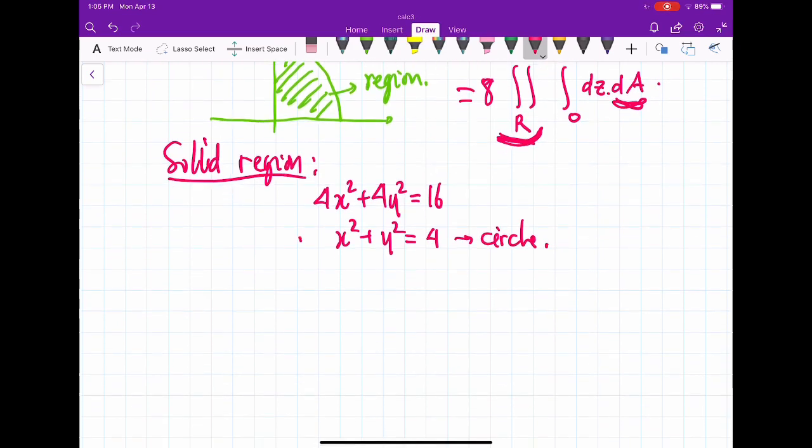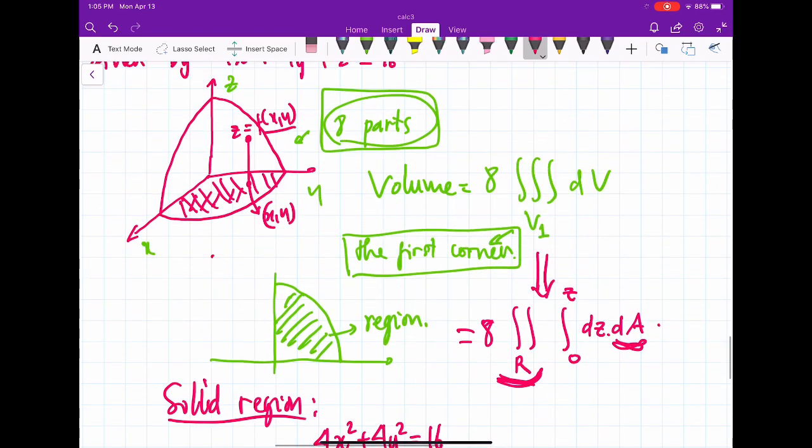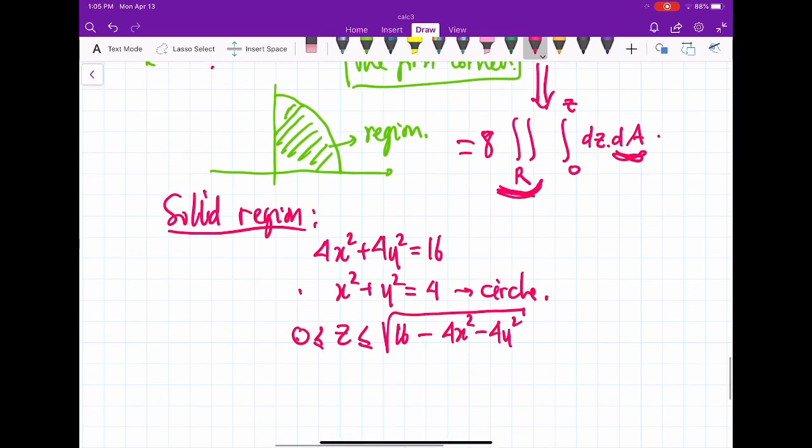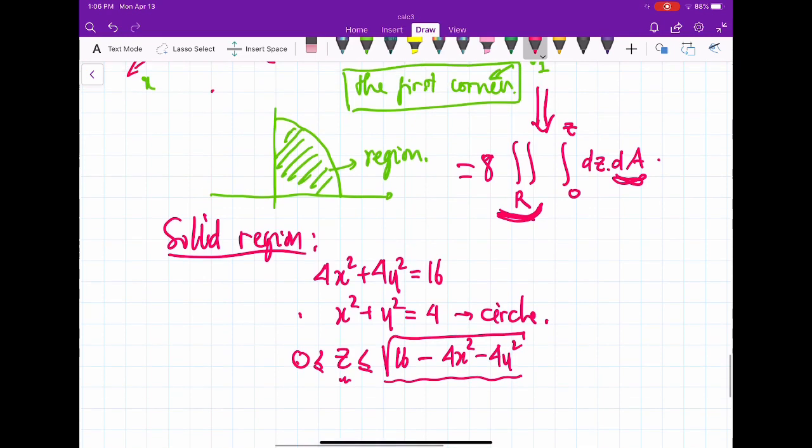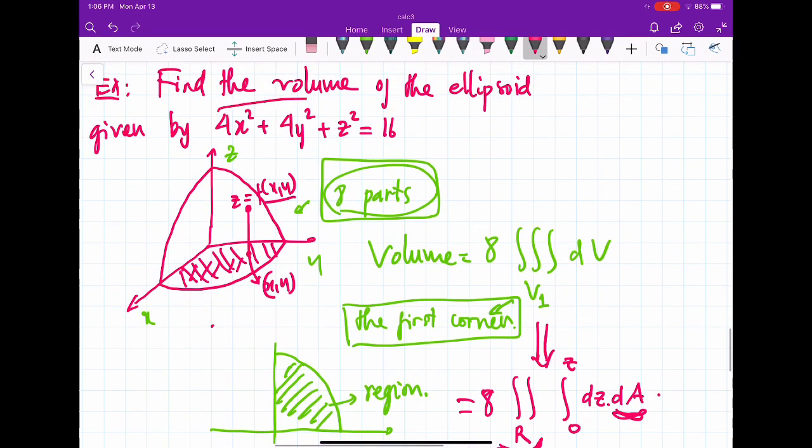And then z is between 0 and the square root of 16 minus 4x squared minus 4y squared. Is it correct? Because any point in this solid region is under the surface. So that means any z which is less than or equal to the function value. Makes sense? So, from the equation right here, if you want to write the function z, you may think, yeah,